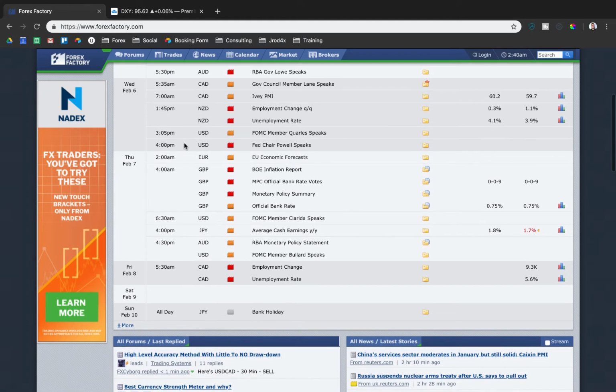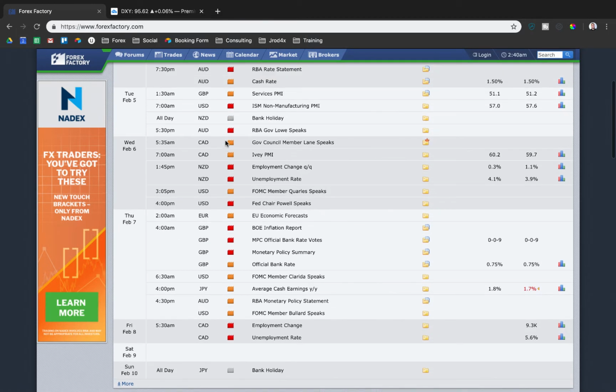Looking at Thursday, early on in New York session, we have a lot of British pound news, so we could see a good bit of volatility coming into the market for British pound, and a medium impact dollar index news as well. So I believe the best trading days for the week will be Tuesday, Wednesday, Thursday, which is perfectly in line with the days that I look to trade in terms of high probability setups. I will be looking for the market to ideally trade into key support or resistance levels during these times, based on the framework that we have with the upcoming news events for the week.